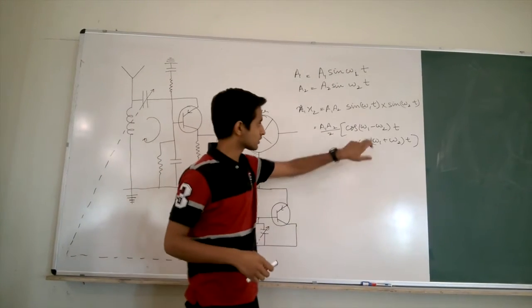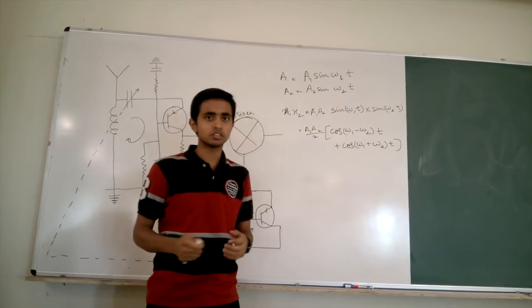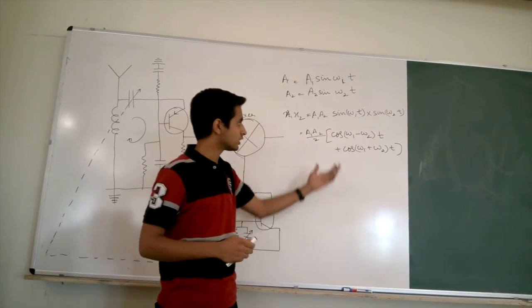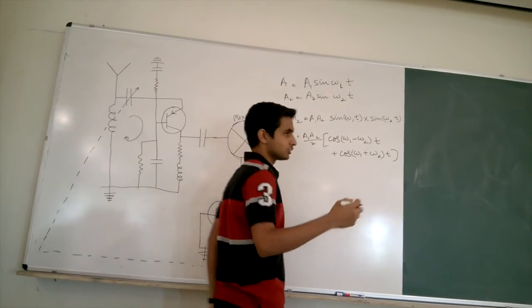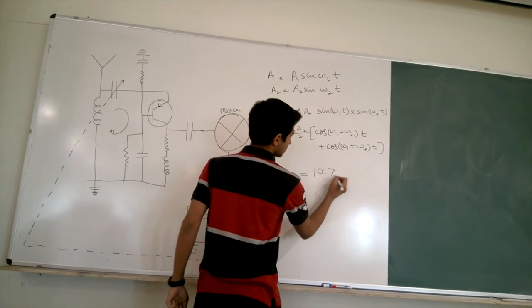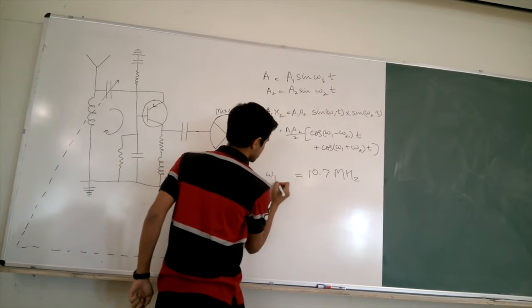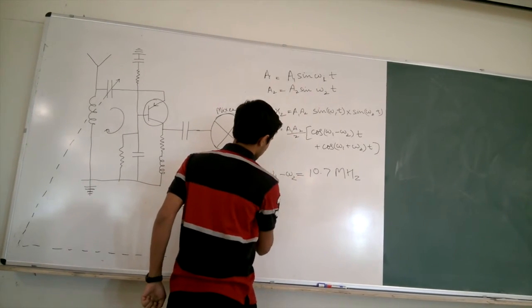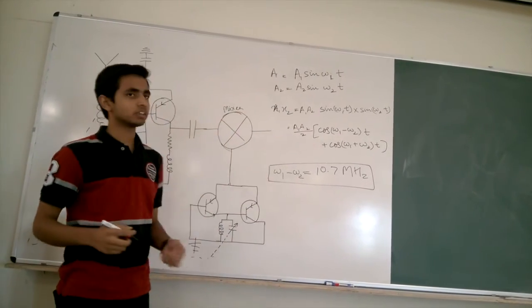This difference of the two frequencies is actually called the intermediate frequency, and this is the desired frequency. It is a fixed frequency which we get, and what we normally use is equal to 10.7 megahertz. This difference is passed on from the mixer circuit, and this is a fixed quantity. And you will come to know why it is fixed and how it is used.